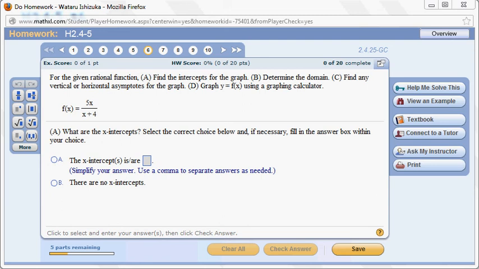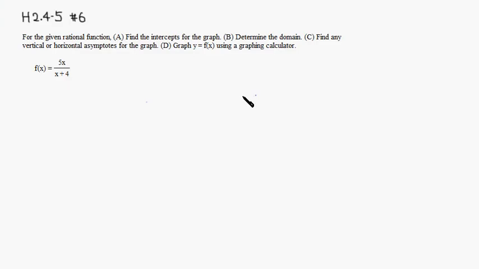Okay, let's look at homework 2.4, 2.5, number 6. All right, looks like we have a rational function, and we have to answer a bunch of questions about it. So let's do that. First one, we have to find x-intercepts. All right, so if you want to find the x-intercept,